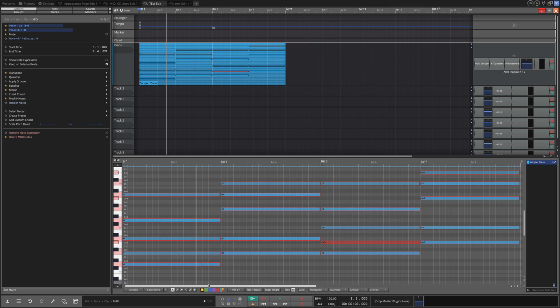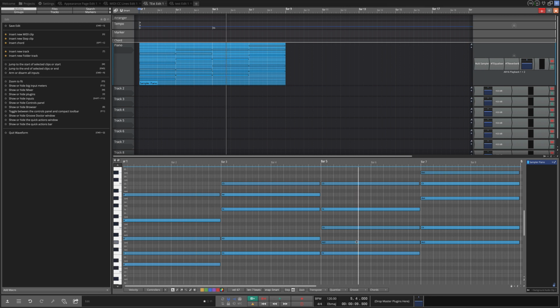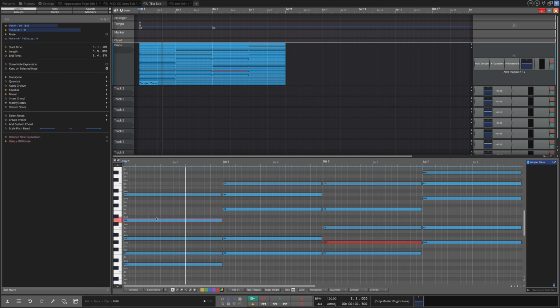You could do the same thing from the MIDI editor toolbar, and you can see that now these are all in key, but this one note is not. So if I drag this note, then I've got all these notes in key. So I'm going to change this one to maybe A sharp just to be different. So now as I drag my notes around,